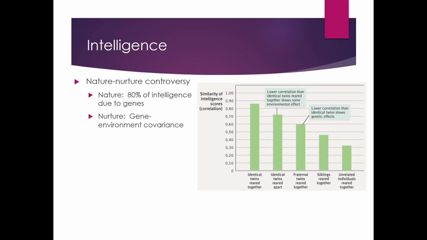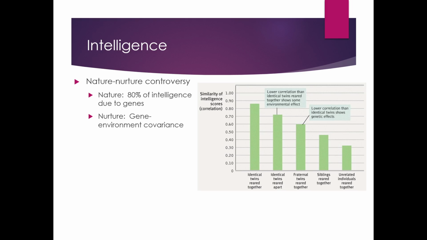But I have to reveal the rest of this chart, where we find that identical twins who are reared apart are less similar in intelligence than identical twins who are reared together. So environment has to play some role. Absolutely. If you look at this chart, you notice that the people who have the most similar IQ scores are the identical twins who share 100% of their genes in common and who are raised together. So they have very similar upbringings.